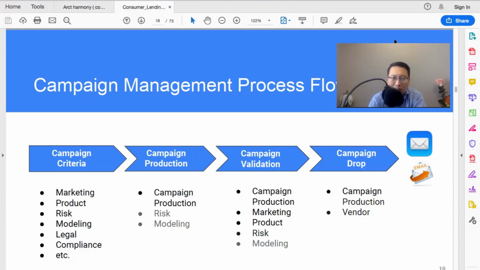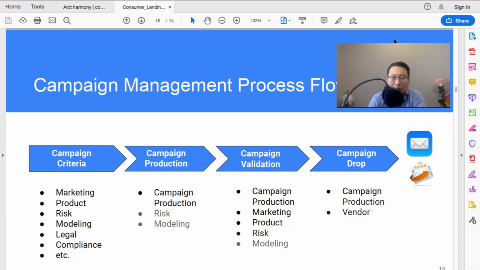Sometimes marketing does that on behalf of the product team. The risk team needs to validate. Their main focus is the risk criteria. Okay, so they don't care too much about the others. Make sure that all the scores are above the cutoff, and all the exclusions are applied correctly.